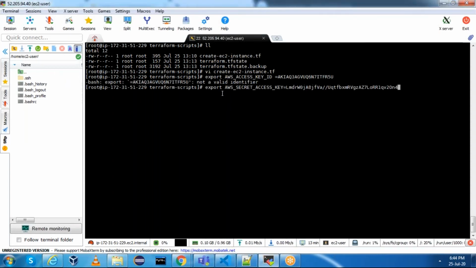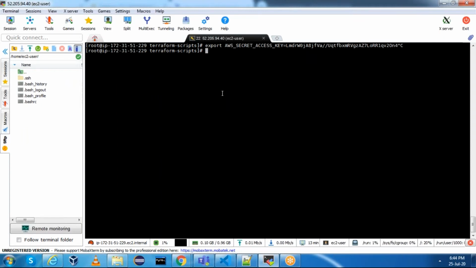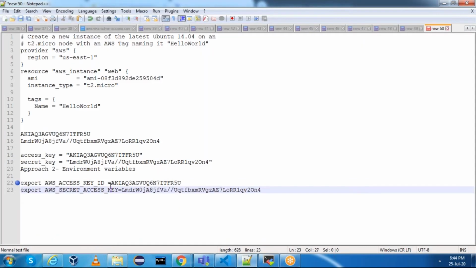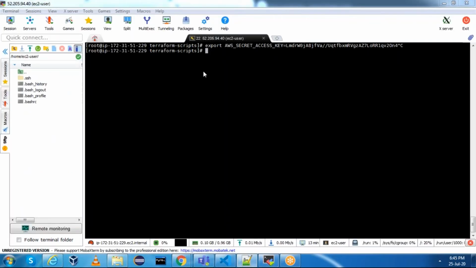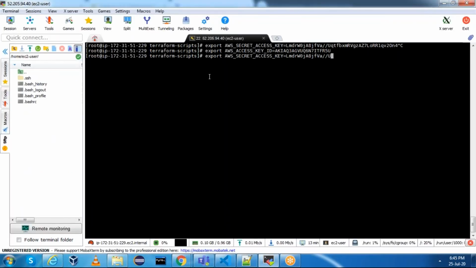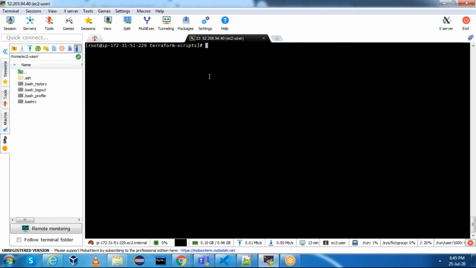Okay, there should not be any space. We need to take care of the spaces. Here there should not be any space. Okay, copy these things and run it here. Perfect. Now we have set the access key and secret key via environment variables.